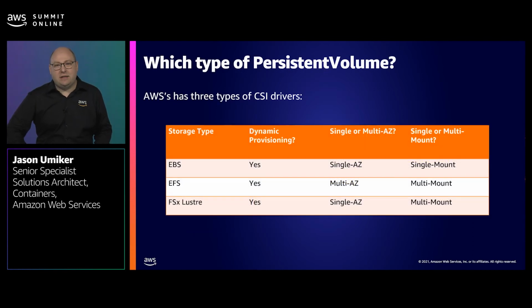If you need to persist your data to disk with a persistent volume, there's actually 3 options mapping to 3 of our different storage services: EBS, EFS, and FSx for Lustre. Which of them you choose depends a bit on whether you need dynamic provisioning, i.e., for the volume to be created on request within Kubernetes. You can tie that pod to a particular availability zone, and whether you require the volume to be mounted multiple times concurrently. And also, of course, what kind of performance characteristics that you need that volume to have. We have CSI drivers for each option, and while people often choose EBS as their default choice, it's worth looking to see if EFS or FSx for Lustre might be meeting your needs better.